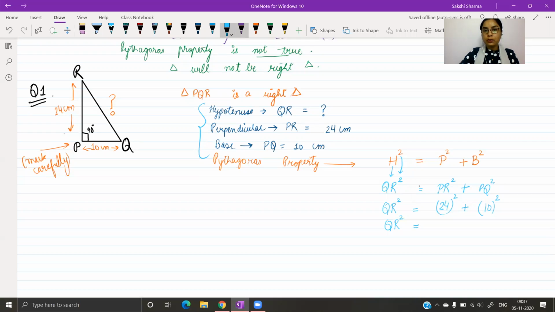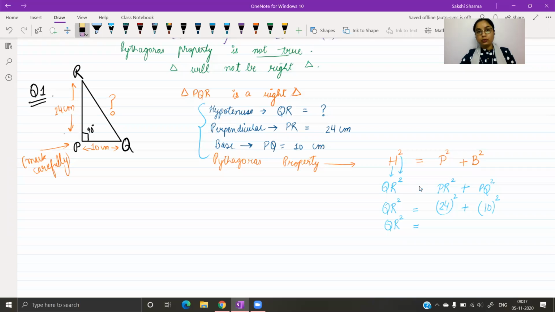You remember solving equations? Yes, ma'am. It's like solving an equation. There is a value which is missing. We want to find out its answer. Until we do the rest of the work, this will stay as it is. You could write X if that helps you. You can write X in place of QR, and then X will come here. But I'm not doing that. It's completely optional. If any student has done it that way with X, that's fine. So right now, solve these.